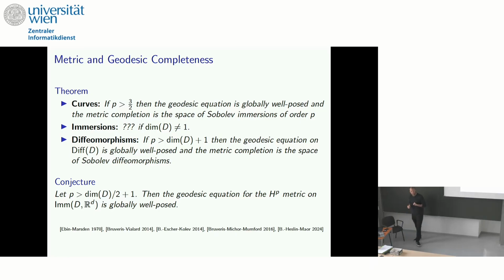On diffeomorphism groups, it's also resolved. It's not known that on diffeomorphism groups it's sharp, but I pretty much believe it. And here you need just the same thing as for curves. You need to be above the Sobolev threshold, plus 1. So you need to be above the dimension of your domain, plus 1. For surfaces, unfortunately, nothing is known. We don't have any example where the space is either metrically or geodesically complete. I believe the same as on the diffeomorphism group is true.